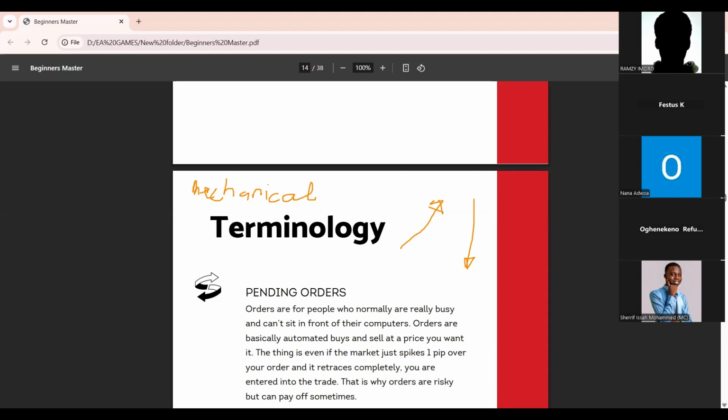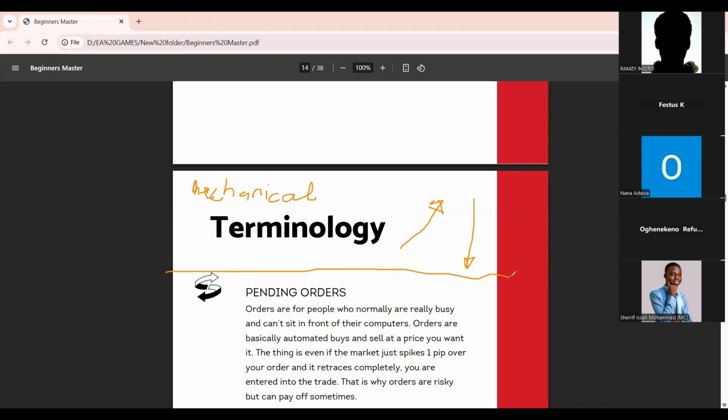The mechanical way, you basically just enter. You just click your buy or click your sell, and market moves. And we have the pending orders. So for pending orders, what you do is you mark a zone and you'll be like, okay, now I'm marking